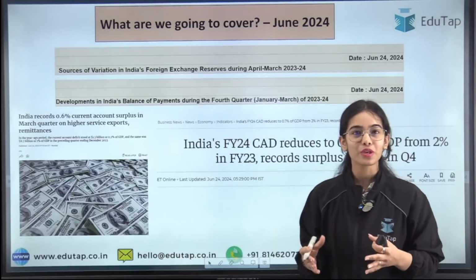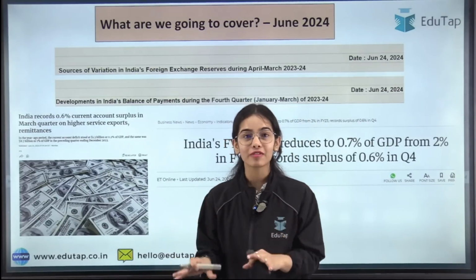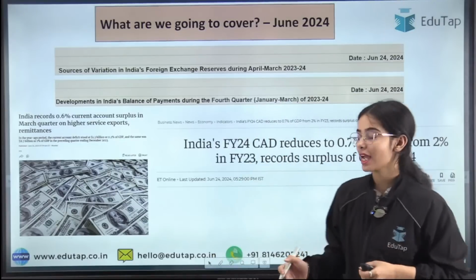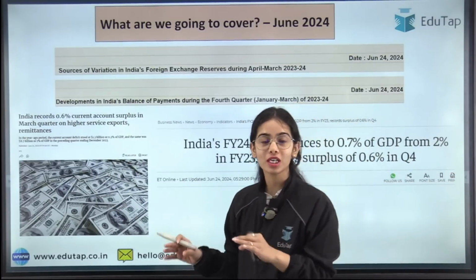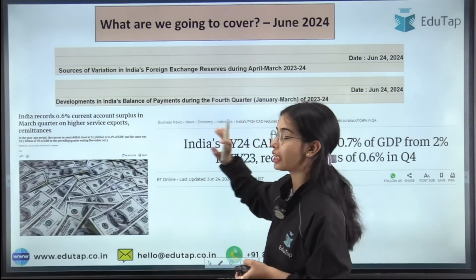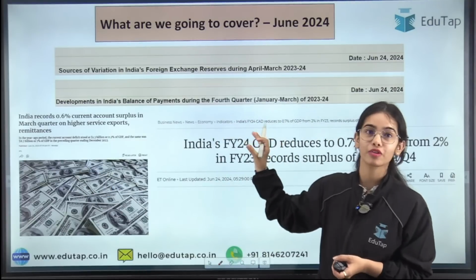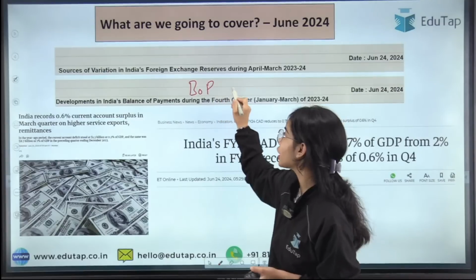Hello everyone, welcome to EduTap and welcome to the Finance 360-degree session in which we cover the relevant and important finance current affairs and the RBI notifications, RBI press releases which are important from your exam perspective. So here you can see that there is the release of data that has been done by the Reserve Bank of India. So the Reserve Bank of India has released the data for the balance of payment during the